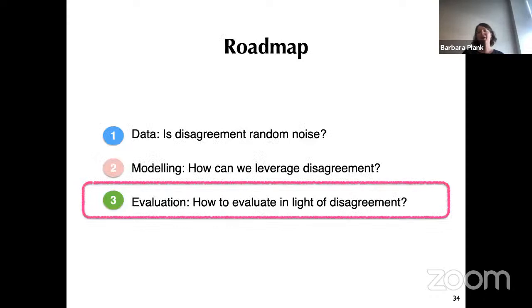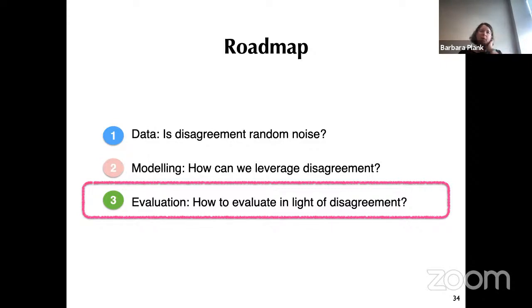But so I come now, after having introduced data and modeling, now I'm coming to the last chapter, namely evaluation. Because if you noticed in the plots before, we still used F1 score and accuracy. I think I plotted just one here, but in the paper we used F1 and accuracy, so that we still assume the same kind of setup as we always do in learning, right? And this brings the question, of course, okay, how do we evaluate in light of disagreement? Because now we're training the model and let it stay away from where humans also disagree, but then we evaluate it still against the single ground truth. So there's kind of a discrepancy here, right?